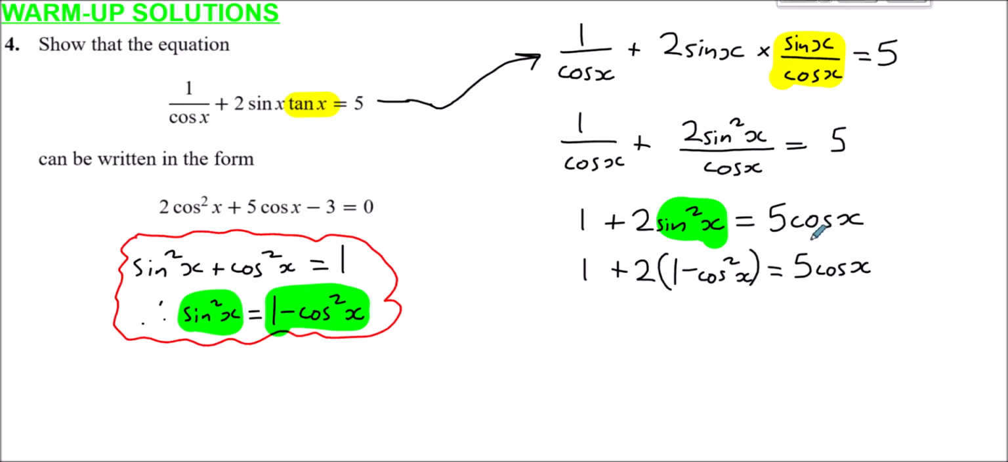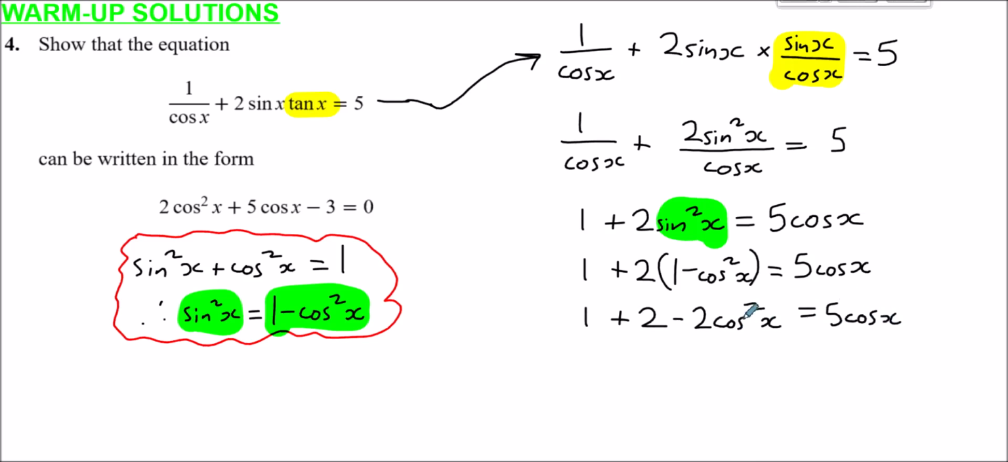This right hand side stays as it is. So let's expand this out. So 2 times 1 is 2. 2 multiplied by minus cos squared x is minus 2 cos squared x equals 5